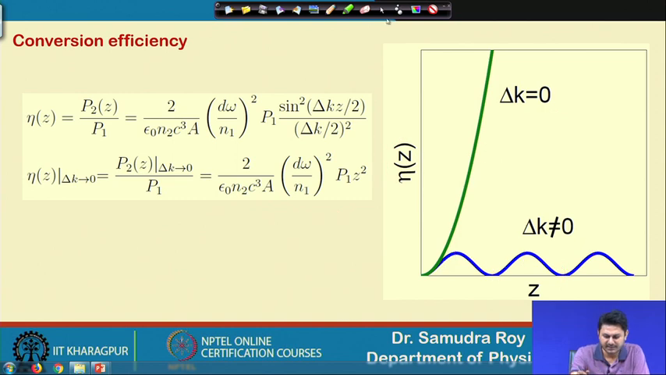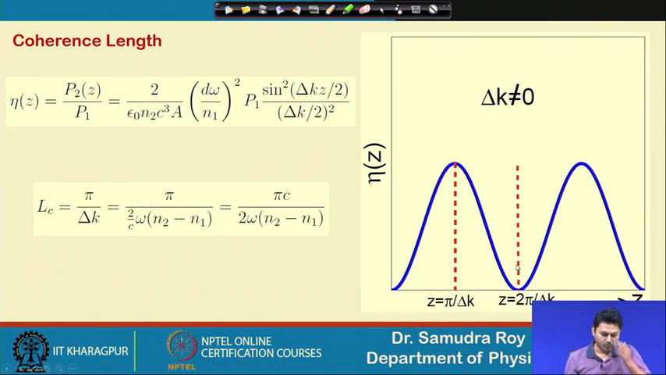So, this is the interesting thing you should remember: when delta k equal to 0 is achieved, the efficiency is increasing like anything, proportional to z square. On the other hand, if delta k is not equal to 0, the efficiency is not that much, it reaches some maxima and then goes down and so on. We need to find out the reason behind that. So now we need to find out what the coherence length is. So, the expression of